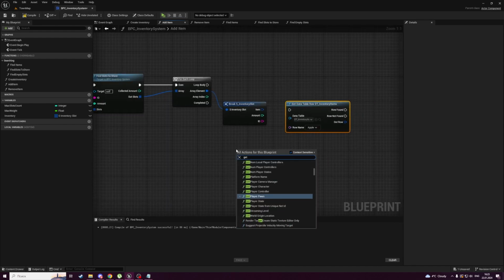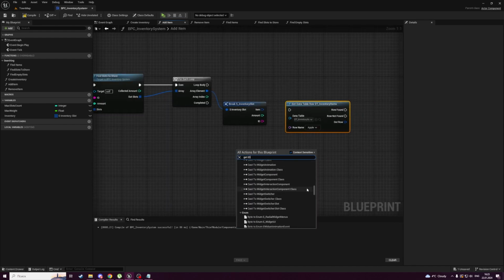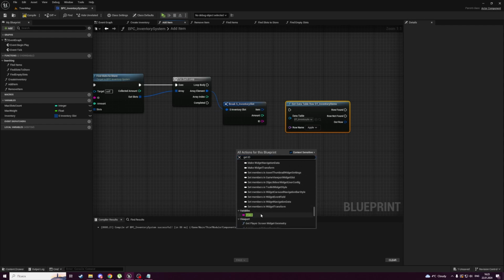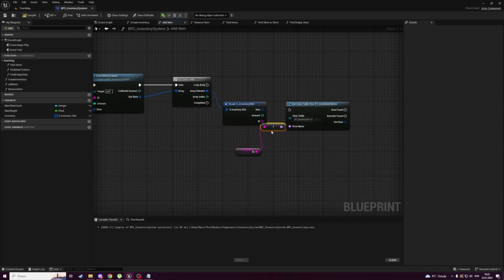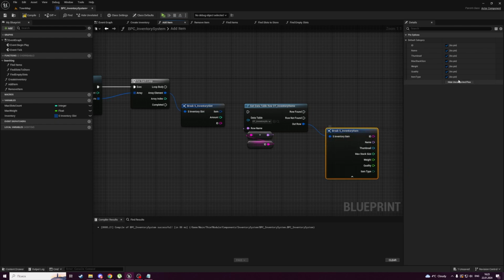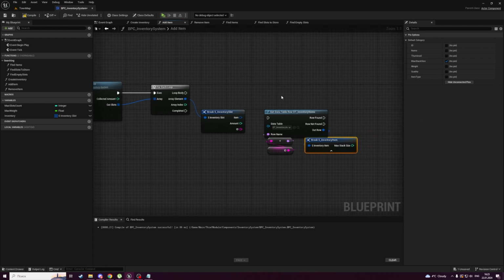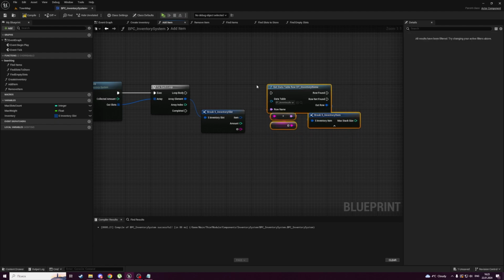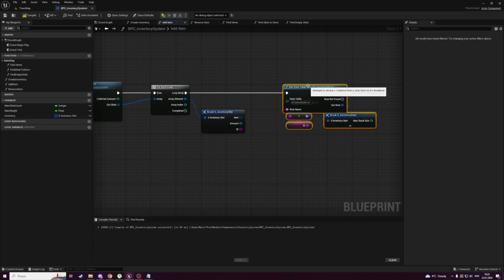Let's get ID connected to a row name so that we will know a maximum stack size. Let's break as inventory item, disable every pin except max stack size,